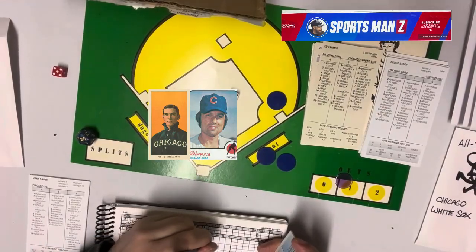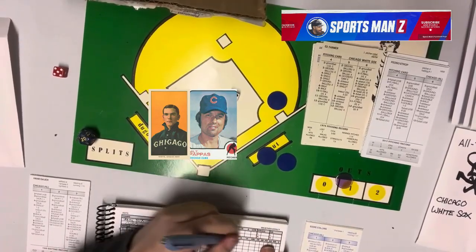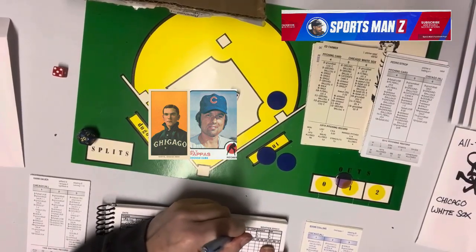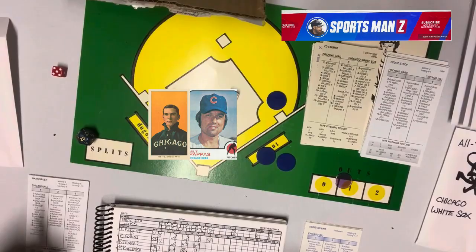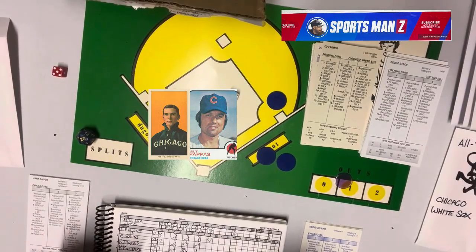The game is over, and we lose by the score of 5-3. 2, 3, 4. Yep, 5-3. The Cubs, the all-time Cubs, have beaten the all-time White Sox 5-3 here at Wrigley Field, and that will be